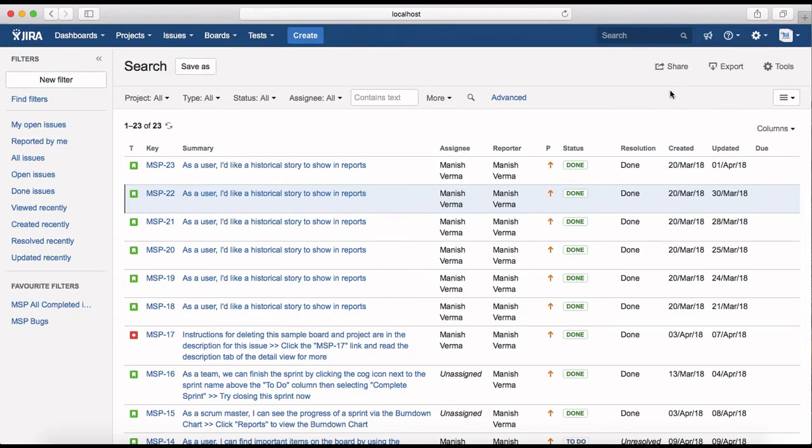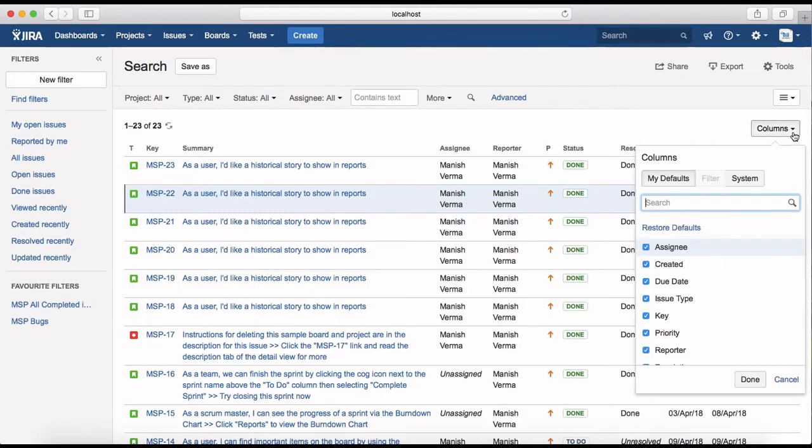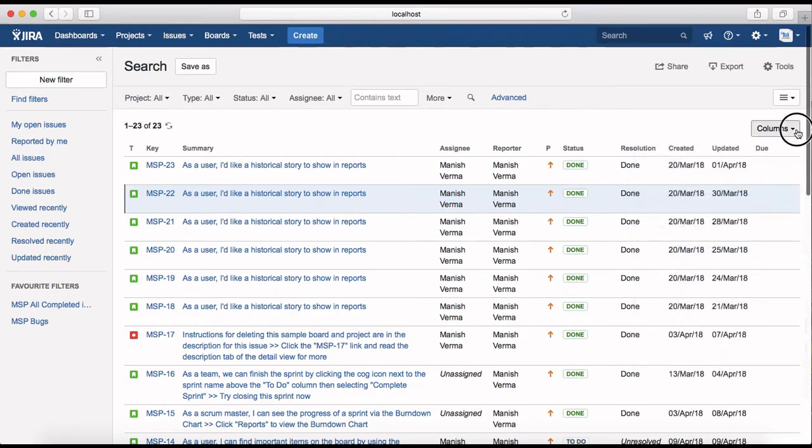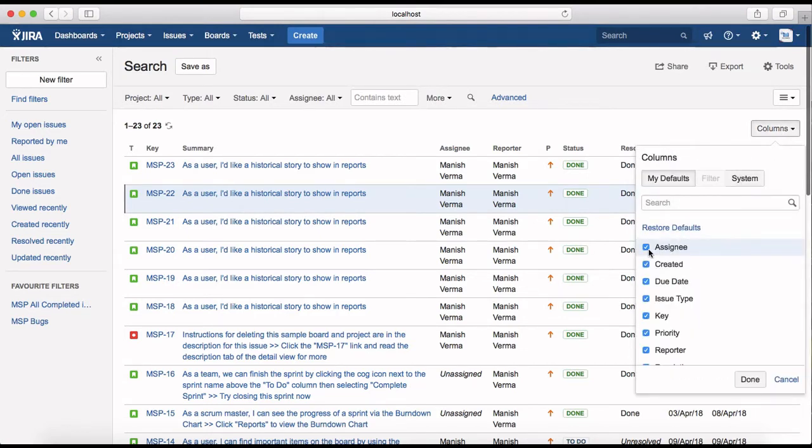The second thing that you can do on the search results screen is to change the columns that are listed. So for example, at the moment, if you see the type, key, summary, assignee, reporter, priority, status, etc. columns are available. If you want to get more columns, or you don't want some of the columns that are available now to be listed, you can just select on the columns and then uncheck whatever things are not required for you. So for example, I don't want to see key to be listed,